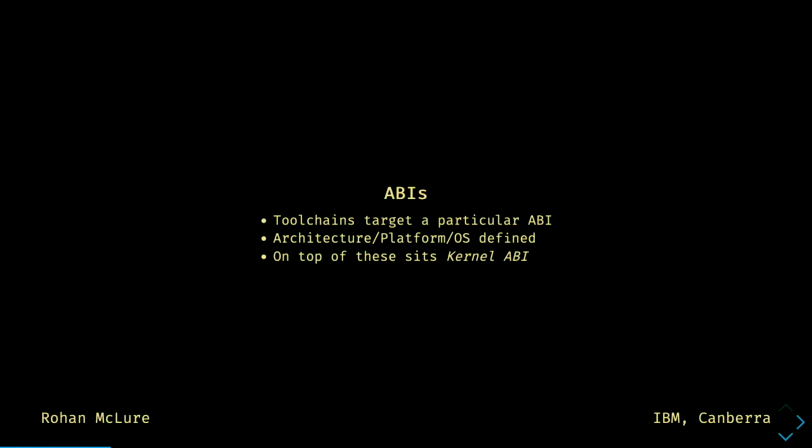And then even the operating system can further constrain ABI, that is, how libraries and their consumers operate. But the particular level of ABI we're going to talk about is what's called the kernel to user space ABI. And that one is intended to be stable. There's another ABI in the kernel, which is the kernel to modules ABI, but that's not the one I broke. So we're going to talk about this one.